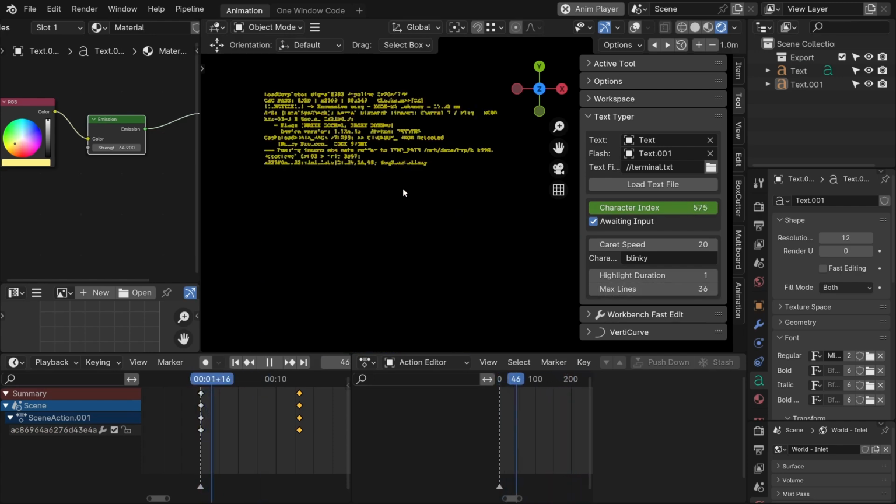There it is! An animated typing effect that's quick, flexible, and fun to make. Most importantly, it's perfect for giving that old school terminal feel, a hacker screen, or even just a typing text effect on its own. Give it a try and bring some typographic magic into your Blender projects.